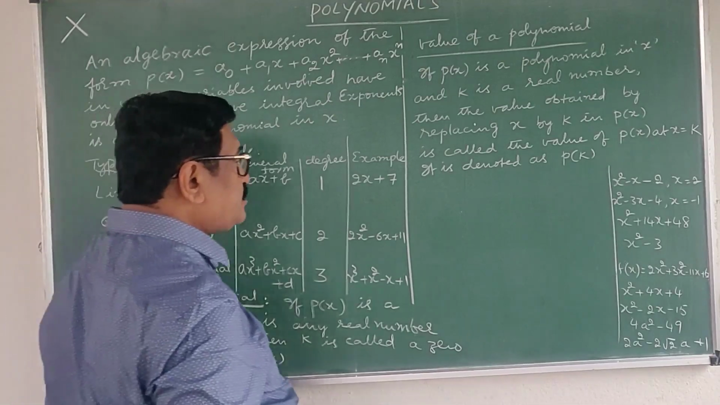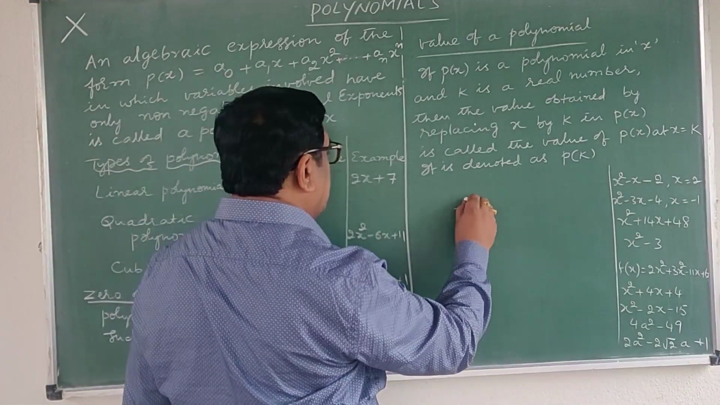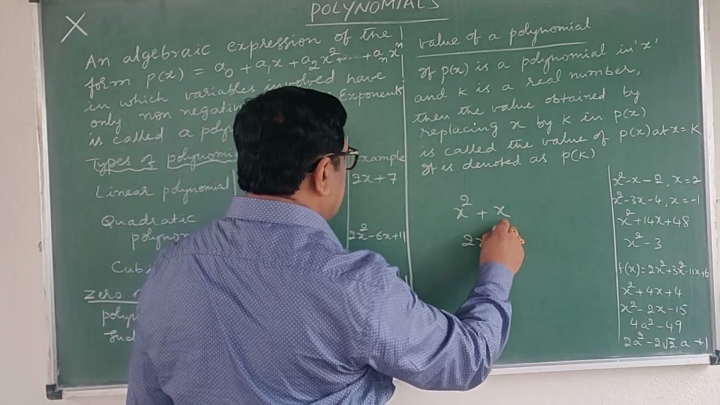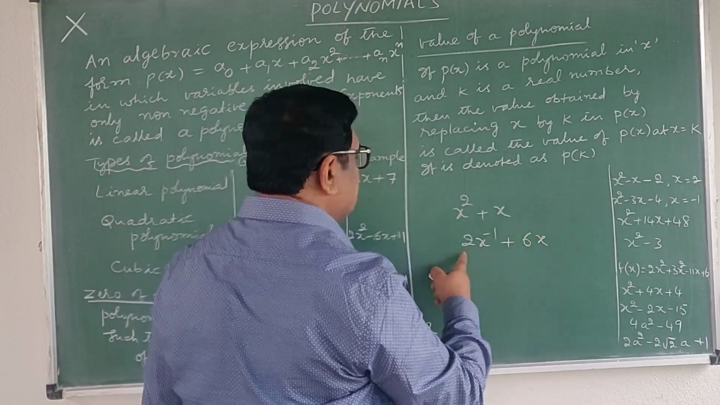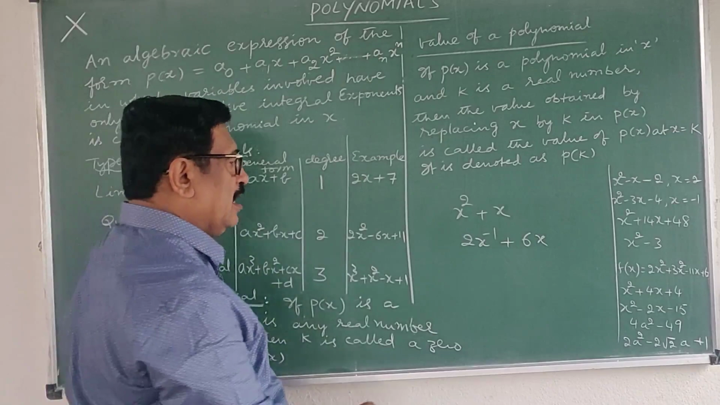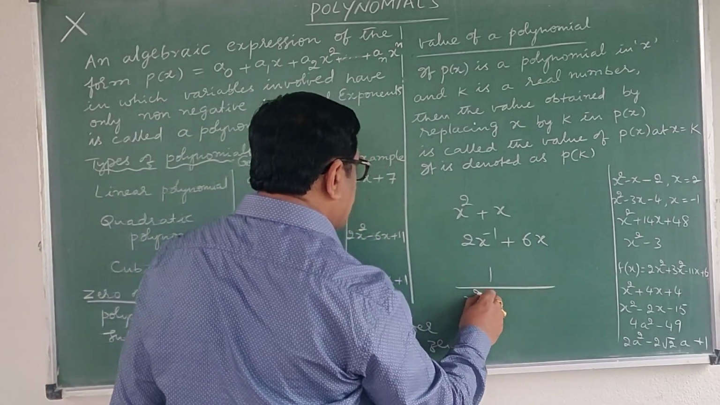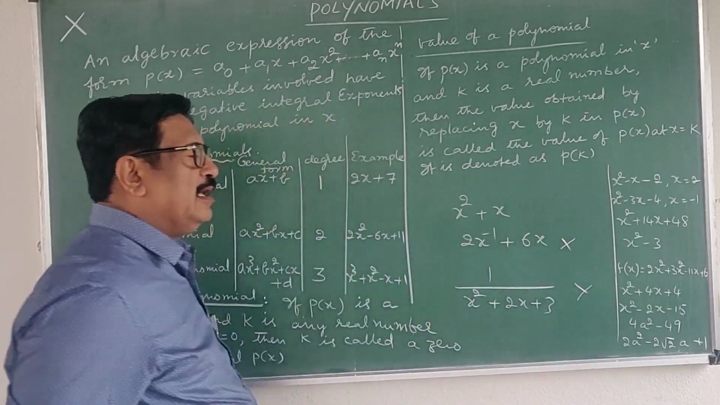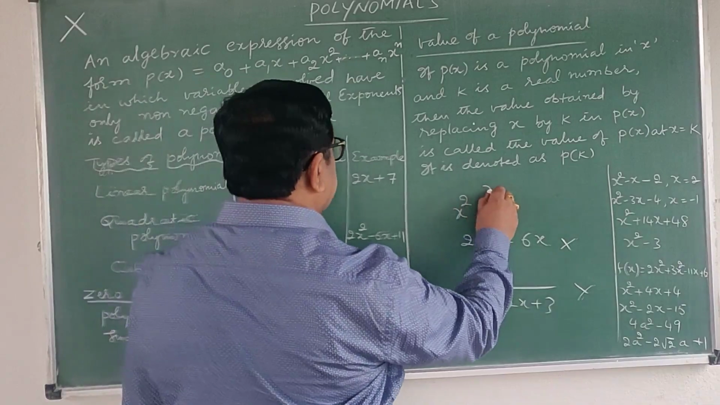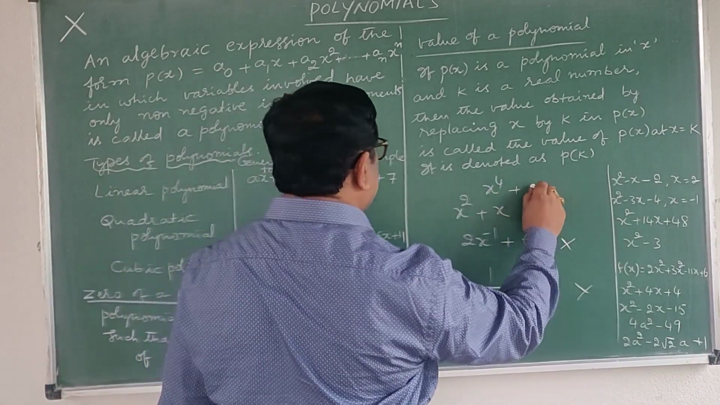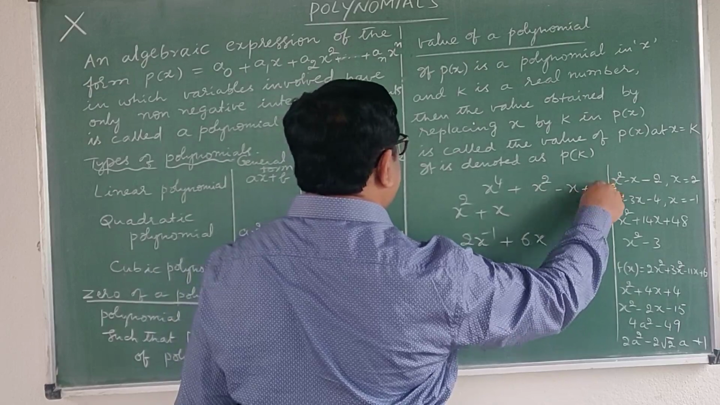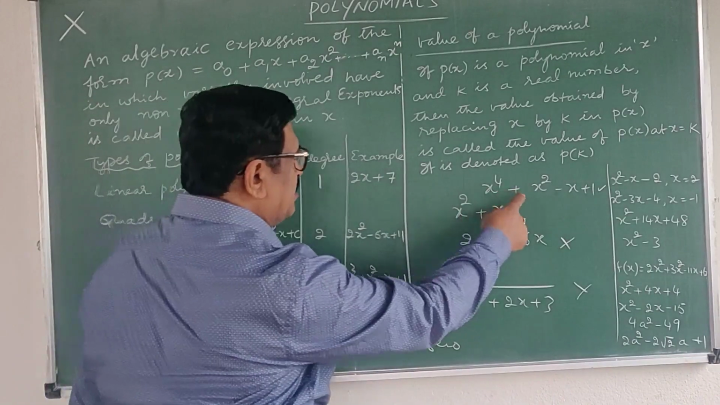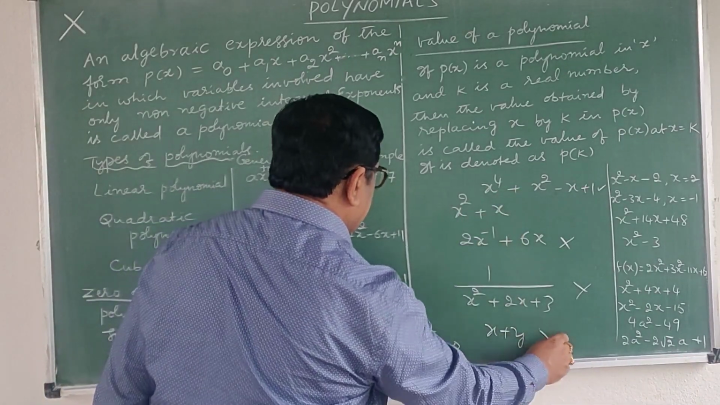Now, for example, I write here x squared plus x. This is a polynomial. 2x to the power minus 1 plus 6x is not a polynomial. Or 1 upon x squared plus 2x plus 3 is also not a polynomial. x to the power 4 plus x squared minus x plus 1 is a polynomial. You have to observe, if I have two variables, say x plus y, we don't call it a